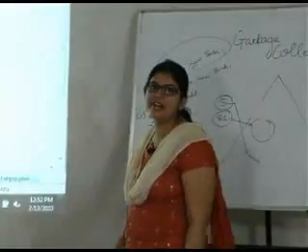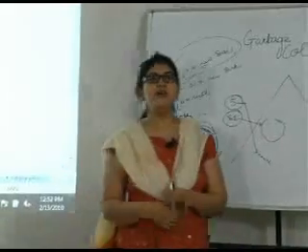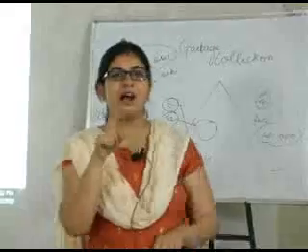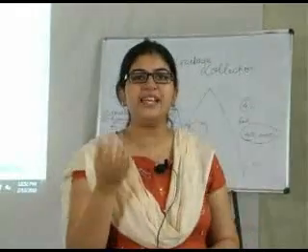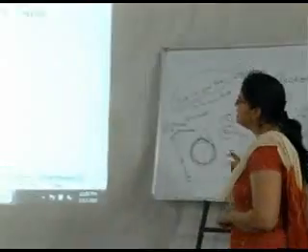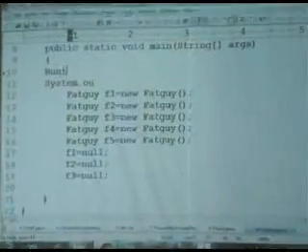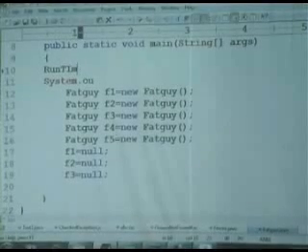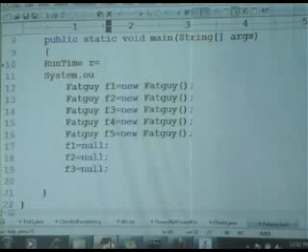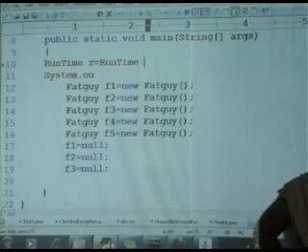In order to get that, we have to create an instance of Runtime class. Now, Runtime class is a singleton class. You cannot say Runtime r equal to new Runtime. You have to get the instance from the Runtime. See how do we get the instance? Just say Runtime r equal to Runtime.getRuntime.